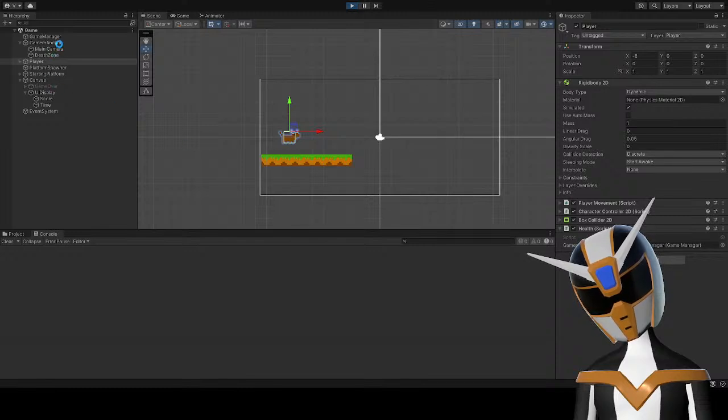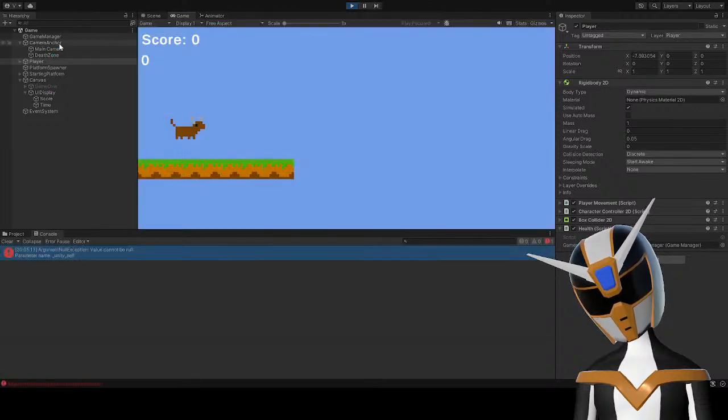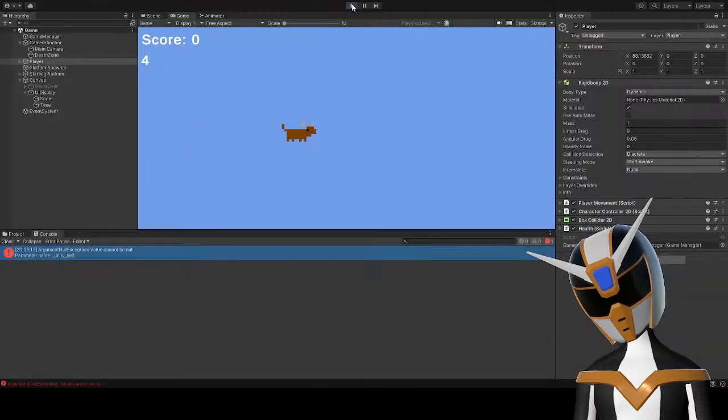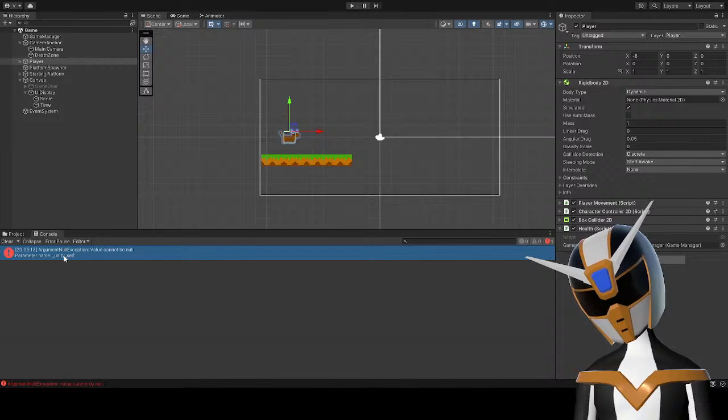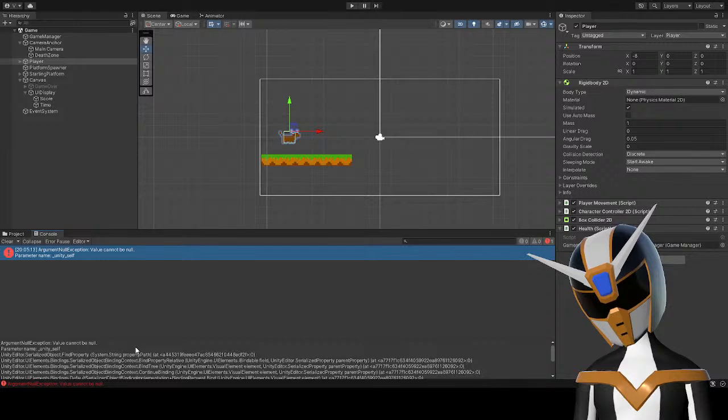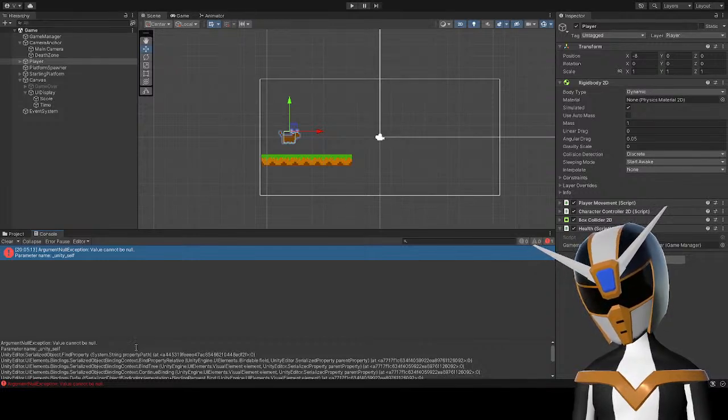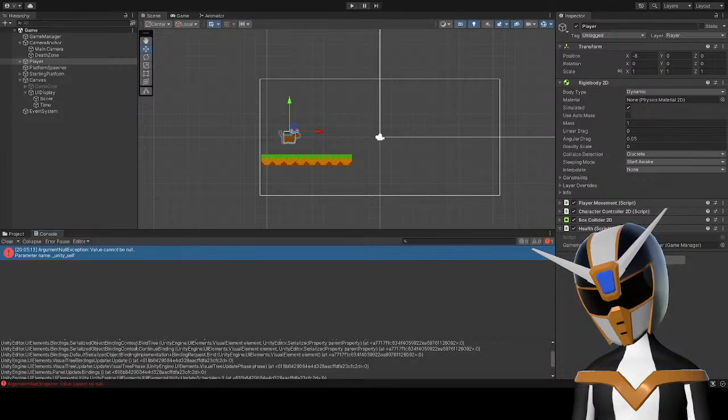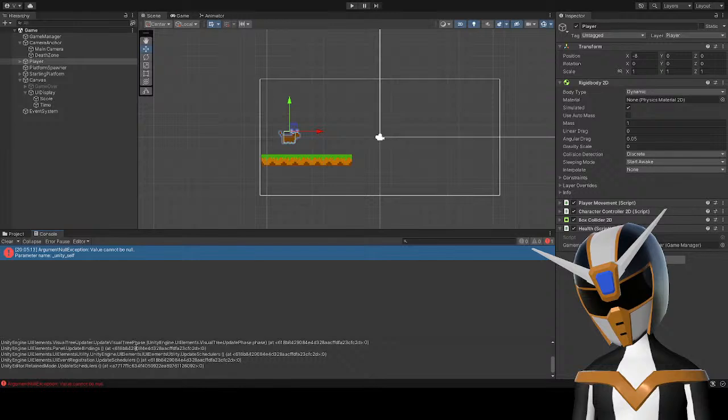What is causing that now? Where is this coming from? What script is this coming from? I don't understand. Oh, jeez.